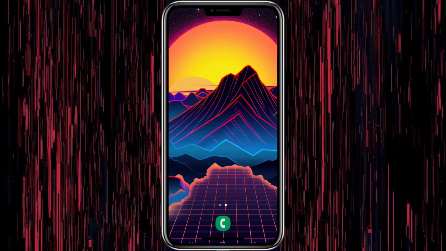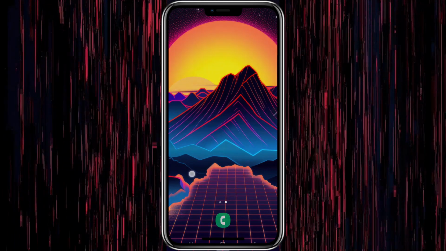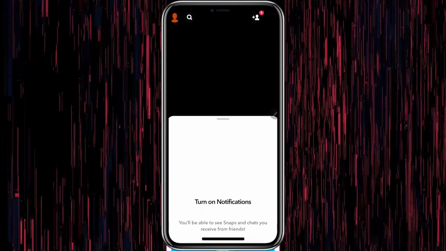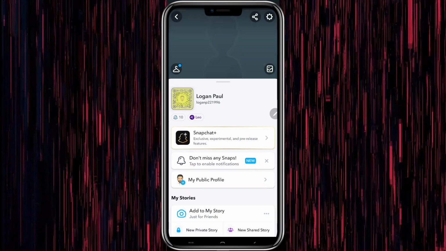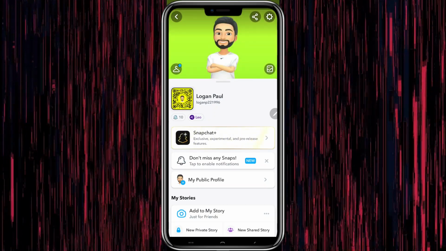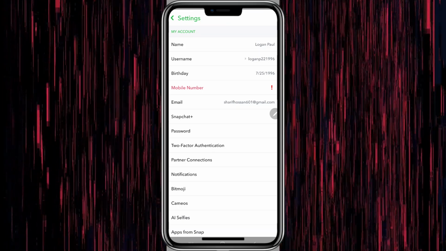In this video, I'm going to show you how you can deactivate your Snapchat account temporarily. So what you have to do first, you have to go to Snapchat. After going to Snapchat, you have to click on your profile icon. After going to your profile, you have to click on the settings option in the top right corner, just like